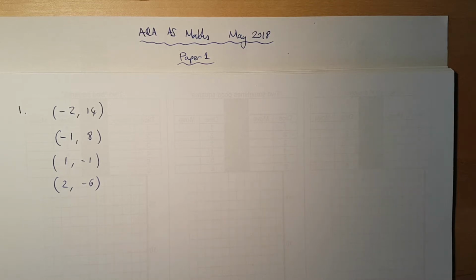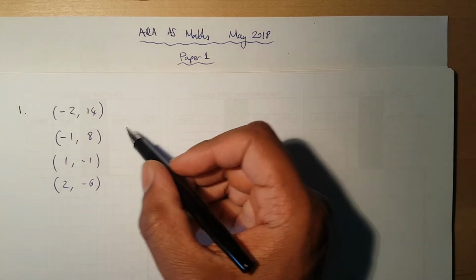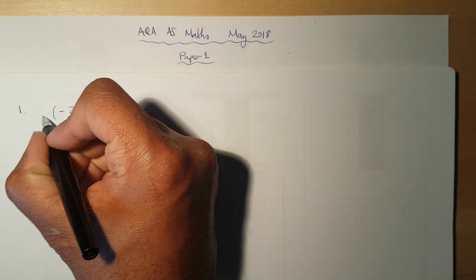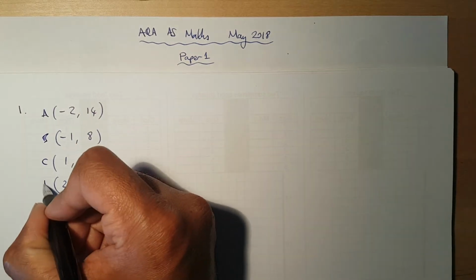Now, this is ordinarily quite a faff and takes quite a lot of time to do because we can't presume any one of them is the one to start with. But it's only a 1 mark question, so let's assume it's not going to be that bad and see what happens. Well, if I call these points A, B, C and D, simply so that I can refer to them to you,